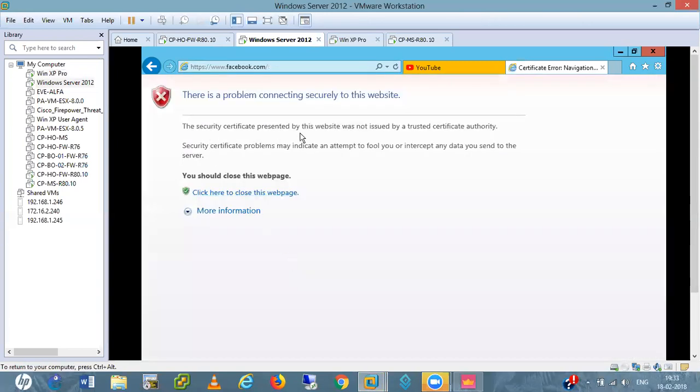the security certificate presented by this website is not issued by a trusted authority. Security certificate problems may indicate an attempt to fool you.